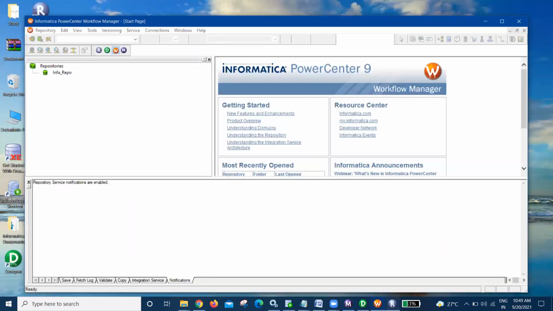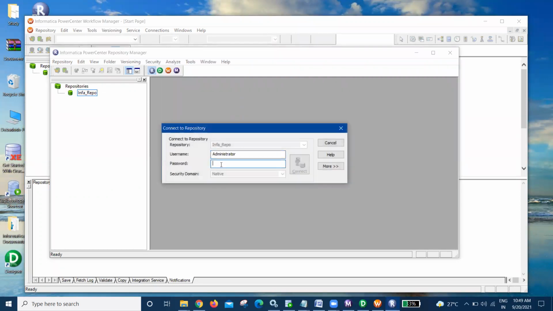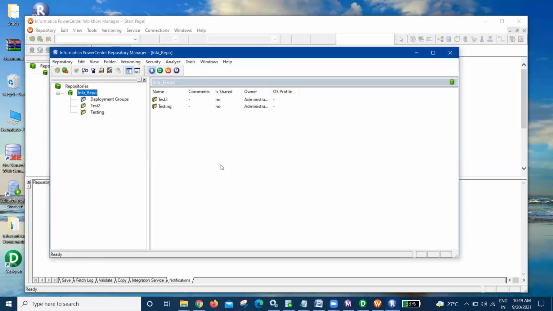Now, Repository Manager. Repository Manager shows all the details you have. It will have the folder structures, and its main task is the migration of objects, like exporting and importing objects, having the dependencies checked, and you can also view the validations and modification dates and times.